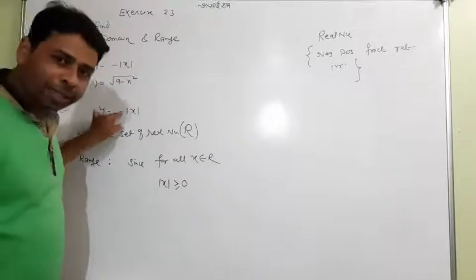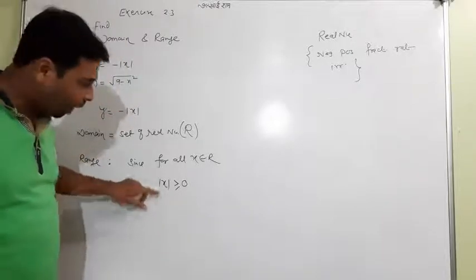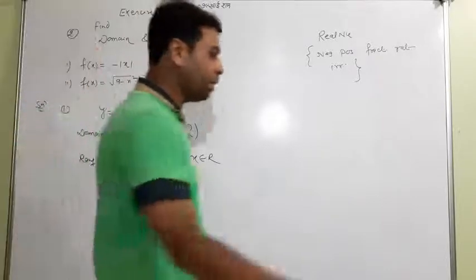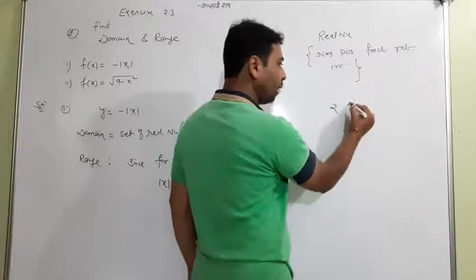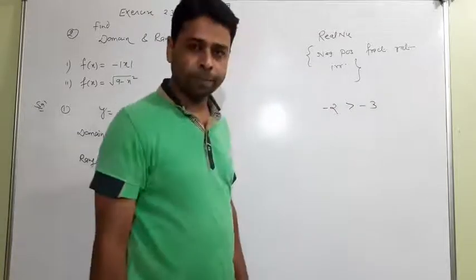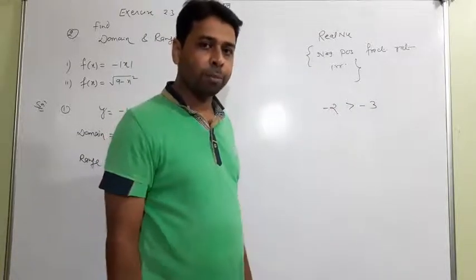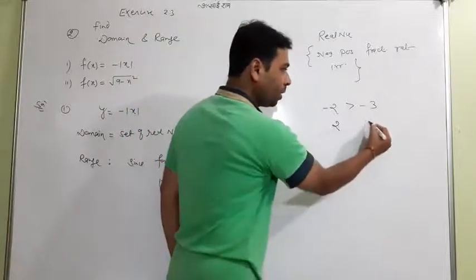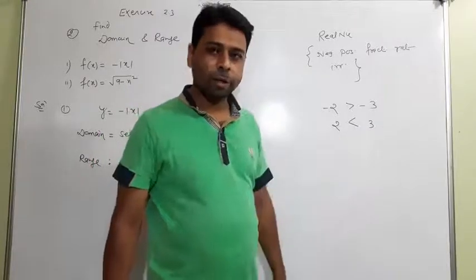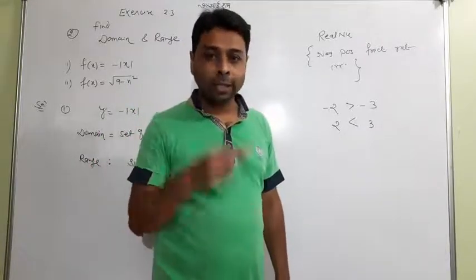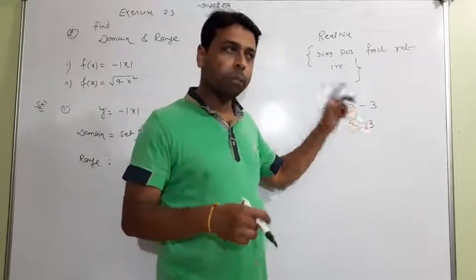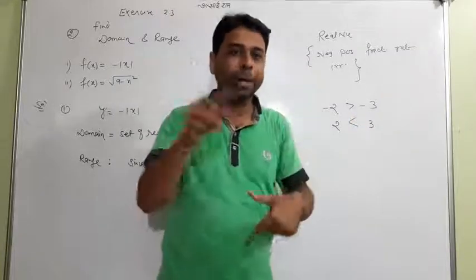Now it is y, and we have a further minus sign, so I can't write it as y yet. So I will multiply both sides by a minus sign, and I tell you one fantastic, very easy concept. Do you know that minus 2 is greater than minus 3? One should know, it's very easy. But when you multiply by a minus sign on both sides, it becomes 2 less than 3. After multiplying, it changes. So on multiplying or dividing by a minus sign, in case of inequality or inequation, the middle sign will change.